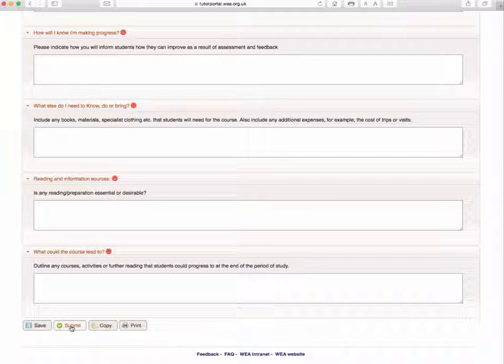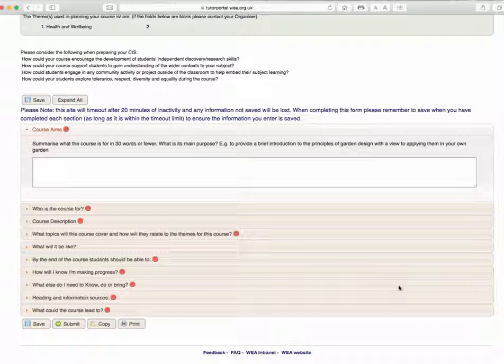If it's approved, it will go forward through the administration team to produce your course pack. If it's rejected, an email will come back to you to say why it's been rejected and what you need to do to rectify the course information sheet. Please be advised you will need to resubmit your course information sheet after any amendments have been made. You will not be able to make any amendments once you've submitted the course information sheet to your organiser or learning manager unless it is rejected and sent back to you.